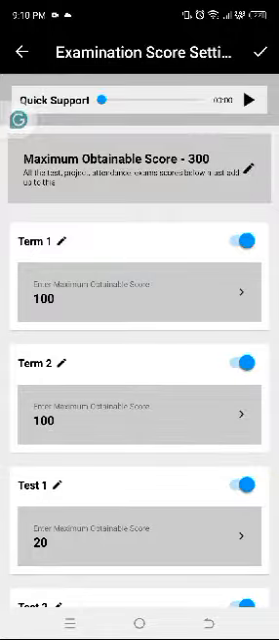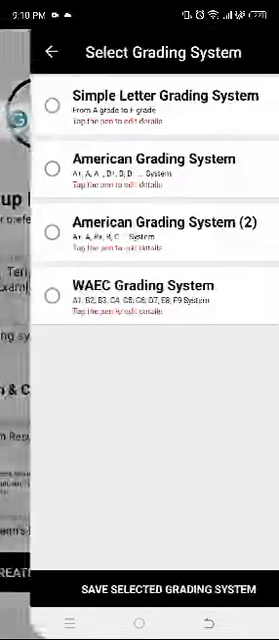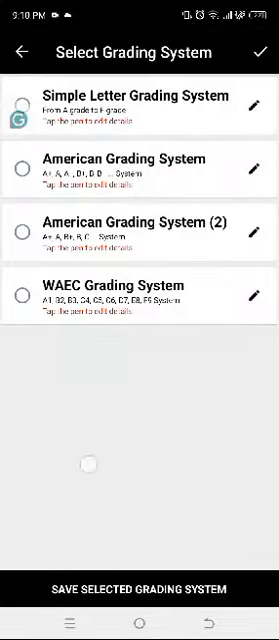Now you can click the tick icon at the top to save this setting. As you can see, it's showing here now. The next thing you will do is select your grading system. Here we have the simple letter grading system, the American grading system,